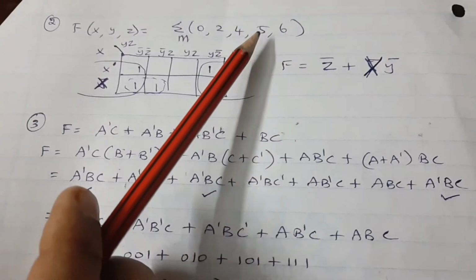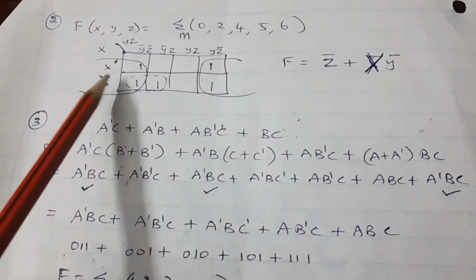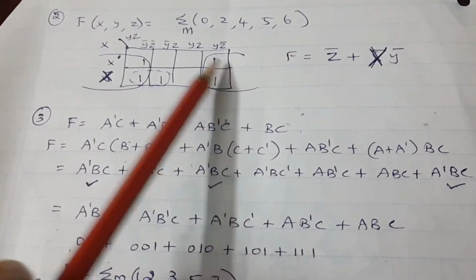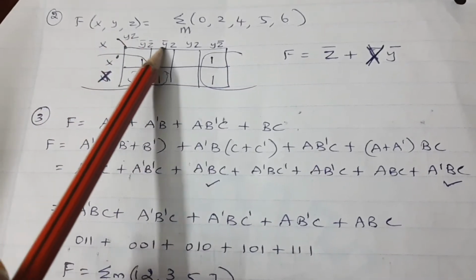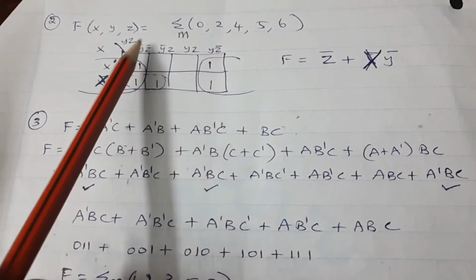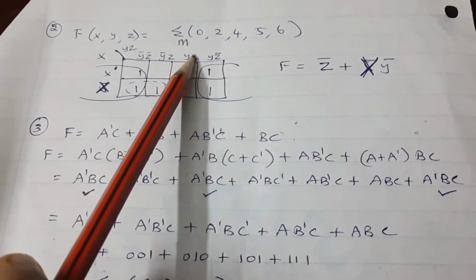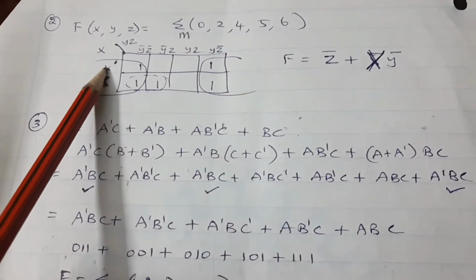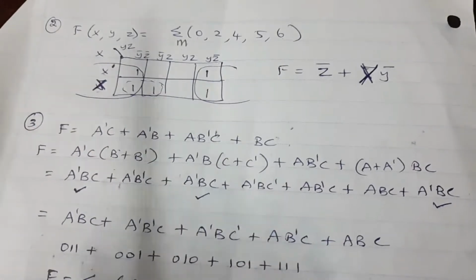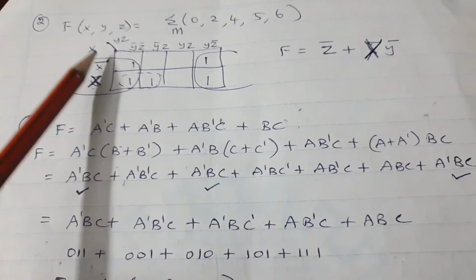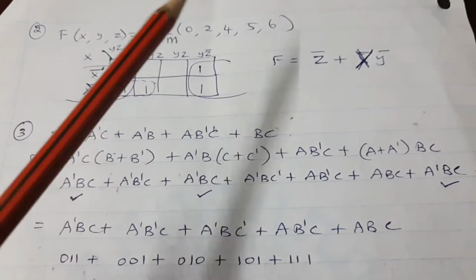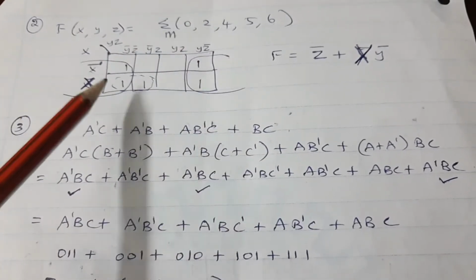So you need to map your K map first. So draw a 3 variable K map, pictorially represented as x, y, z. You write down all these in terms of 0, 0, 0, 1, 1, 1, 1, 0. Here it is 0, here it is 1. So write down this first. The variables are written.